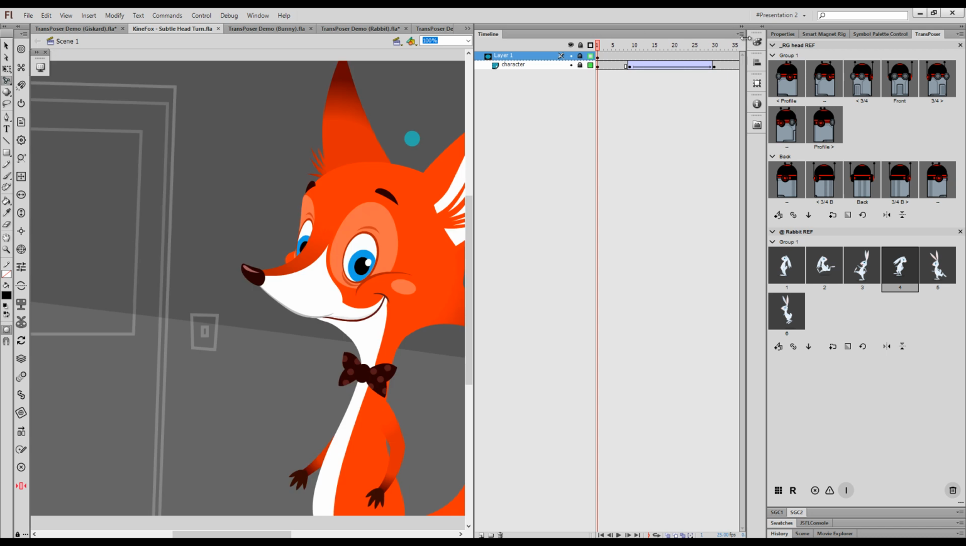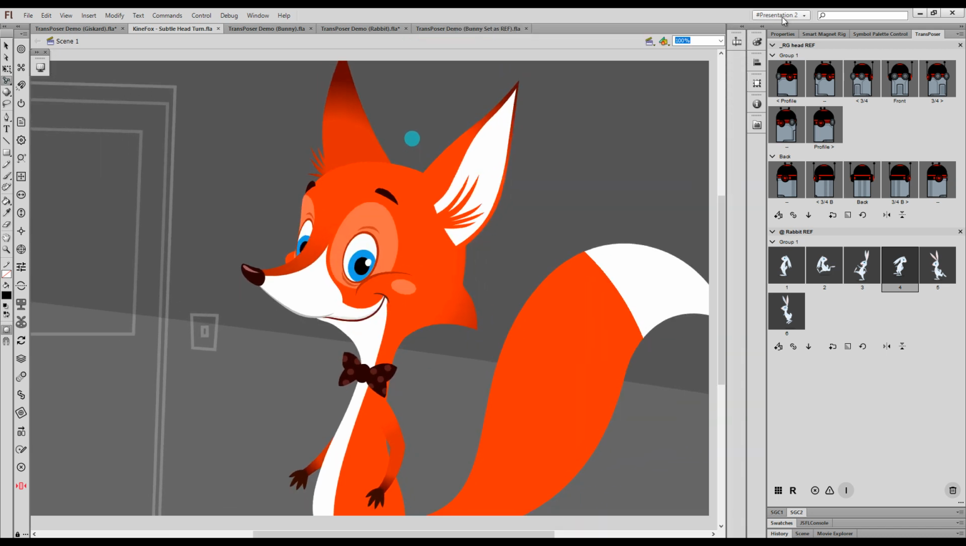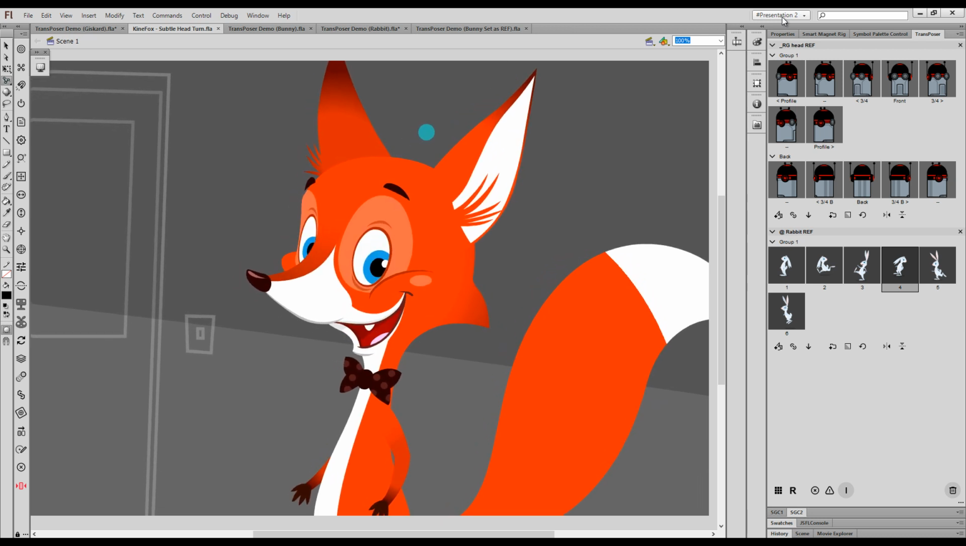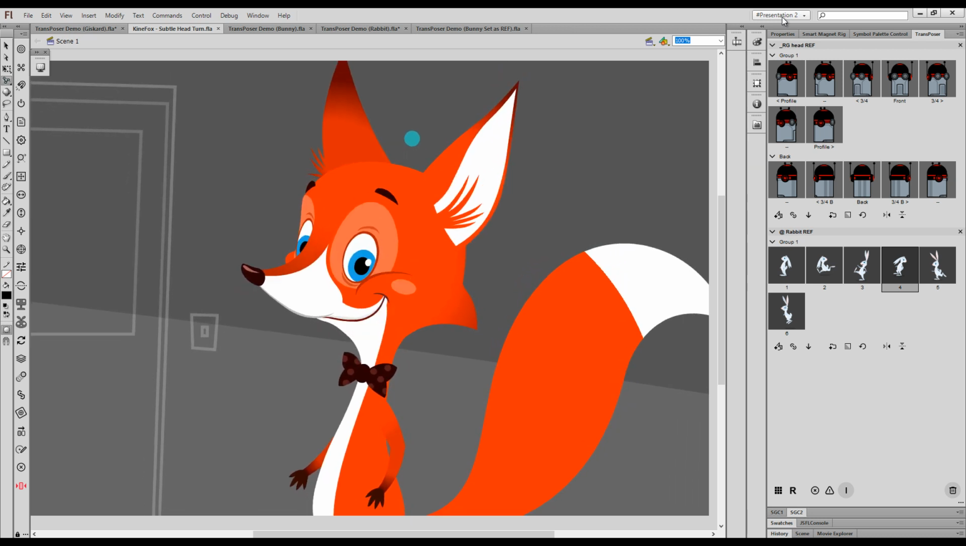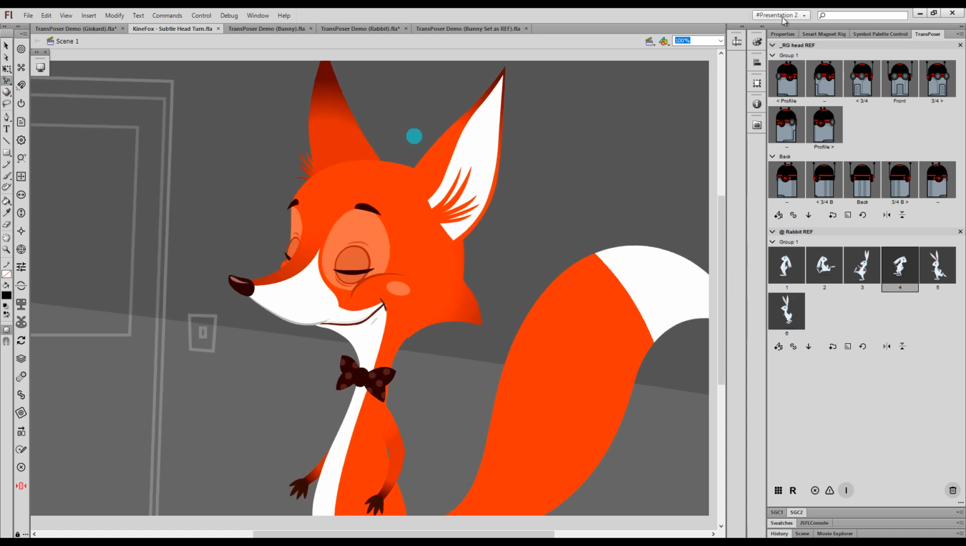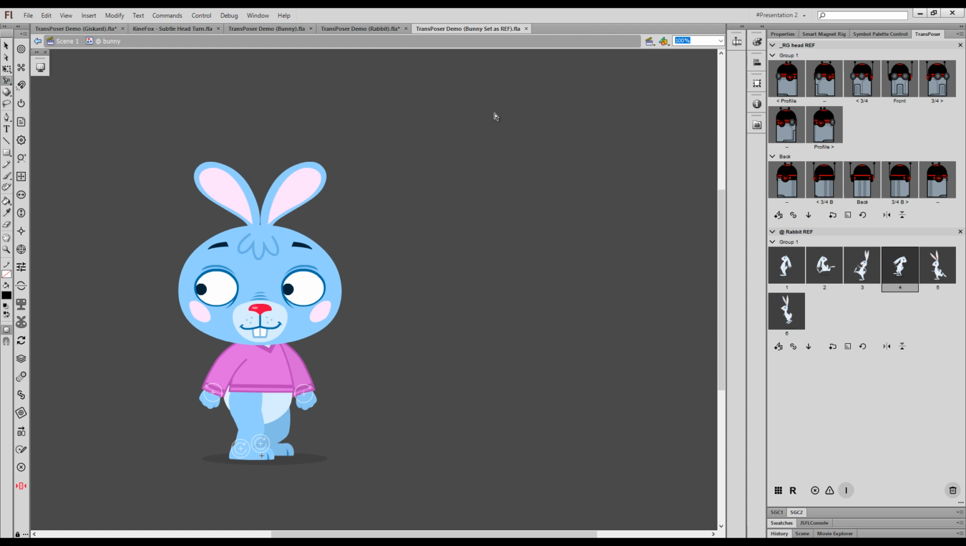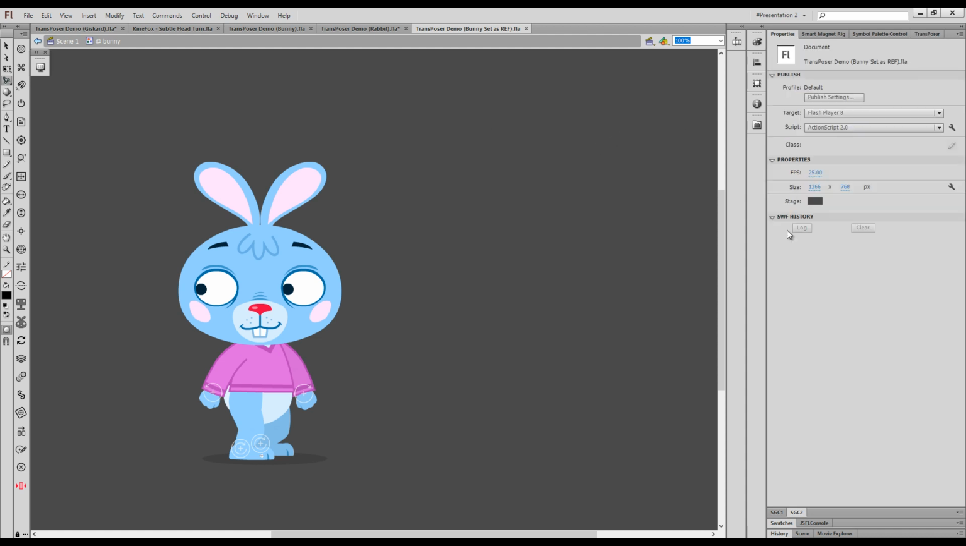Another example here, complex, subtle facial animation done using TransPoser. Let me briefly go through the process of setting up the reference symbol and creating an animation symbol based on